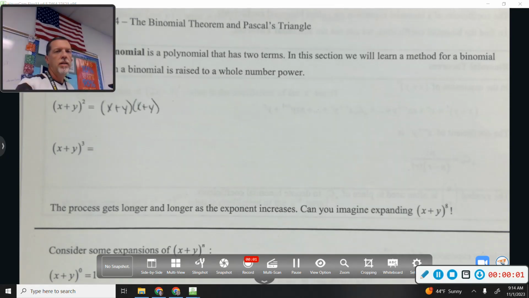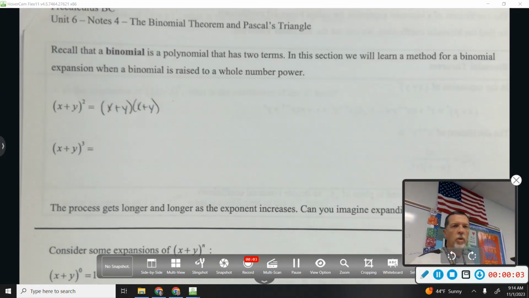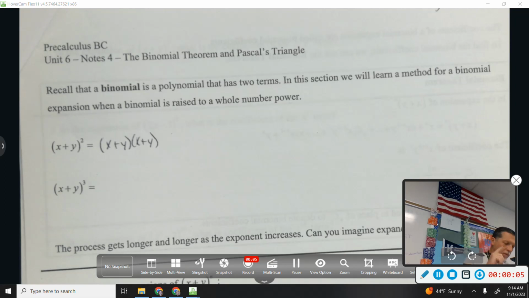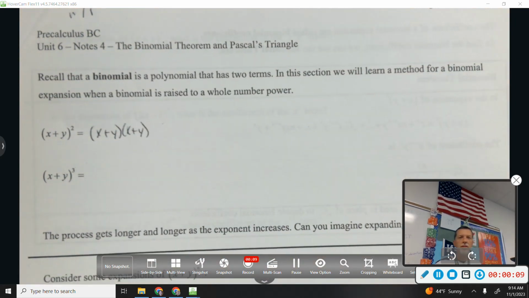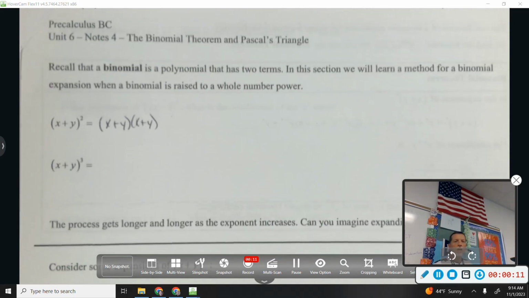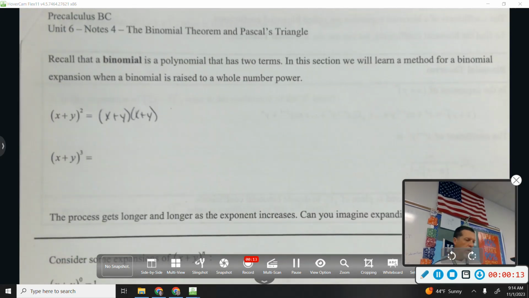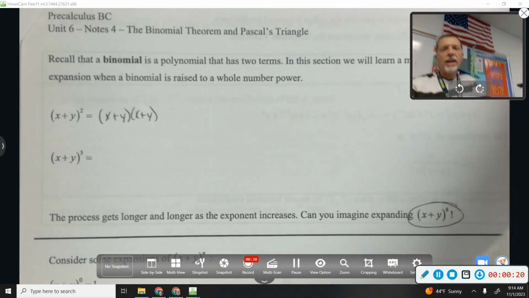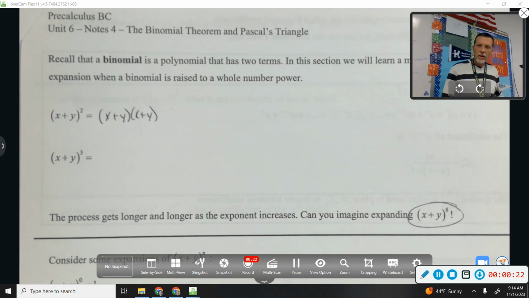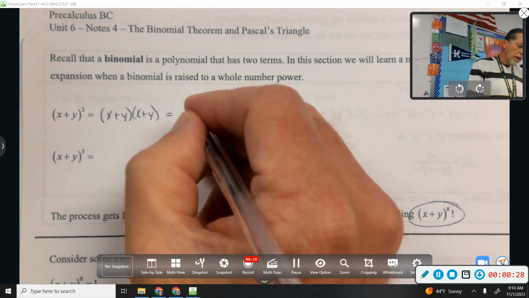So notes for today is block day, November 1 or 2, depending on what period you're in. But notes 4. So we're going to head toward being able to expand x plus y to the 8th without having to write out x plus y times x plus y times x plus y, etc., etc. But let's start with going the long way around